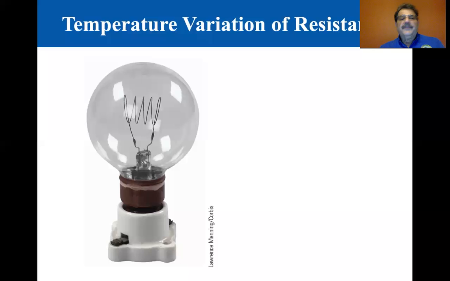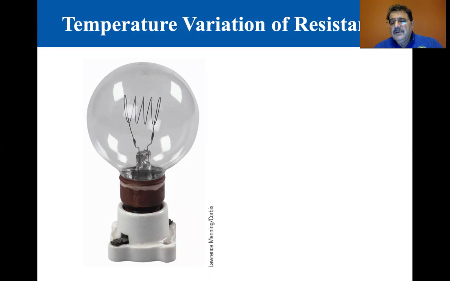Okay, this is section 17.5, temperature variation of resistance. It's really just a short section. Let's share the PowerPoint, and we can see that they just have an old-fashioned light bulb. And the resistivity R depends on a number of factors, and one of the factors is the